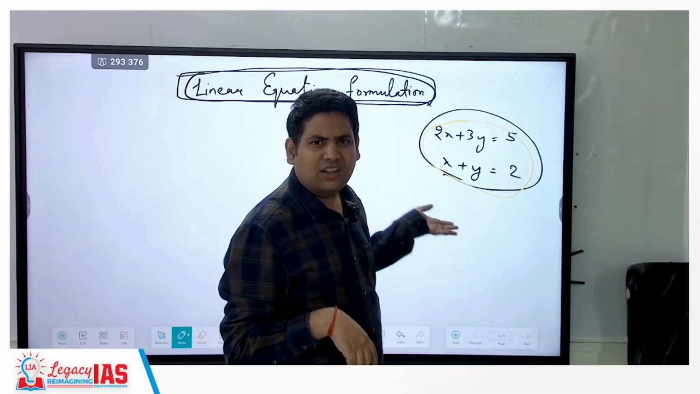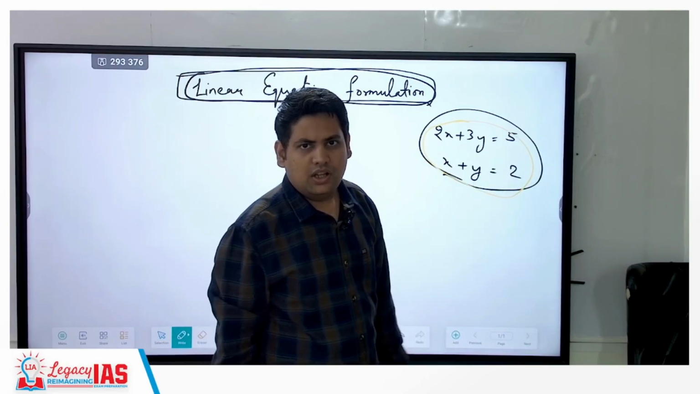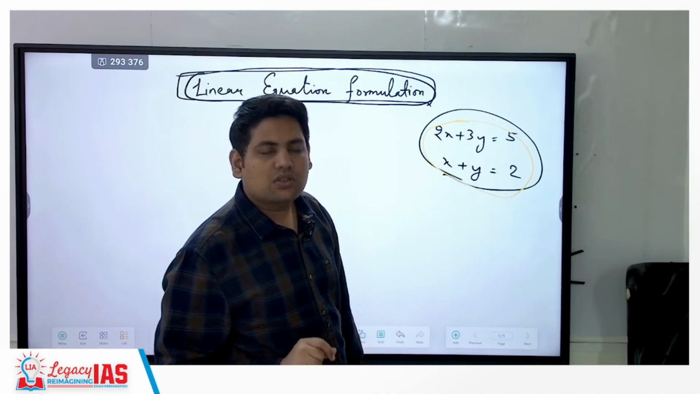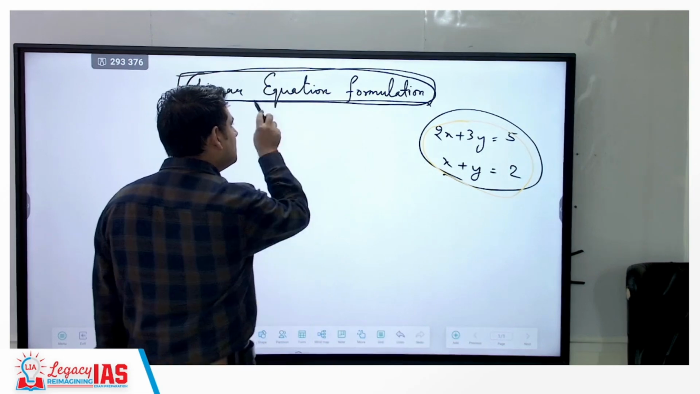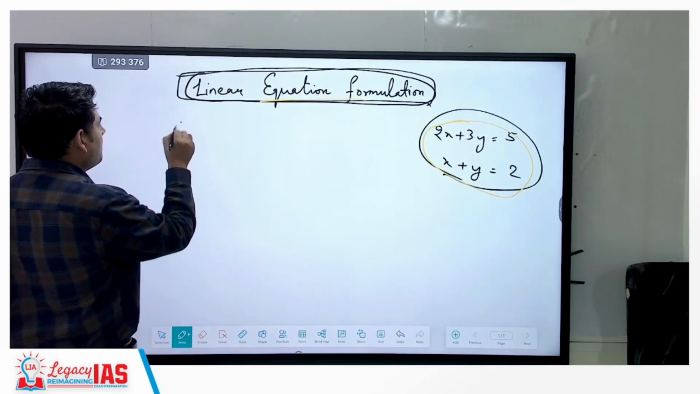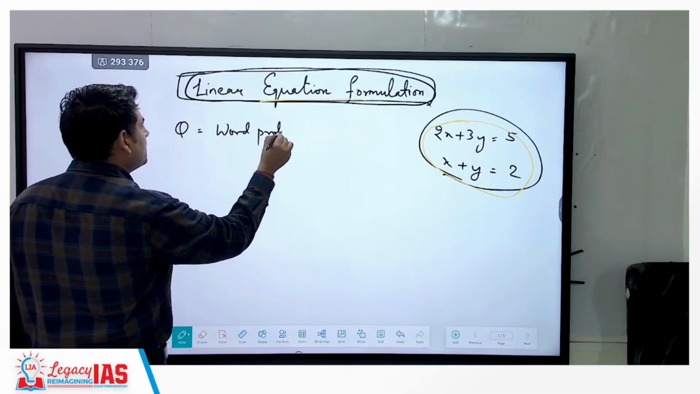People learn this. There are 3-4 methods. Even if you know one method, you can solve all the linear equations in one variable, two variables. The issue that students face is in the formulation of equations, when word problems are given. Correct? Word problems are given. Like